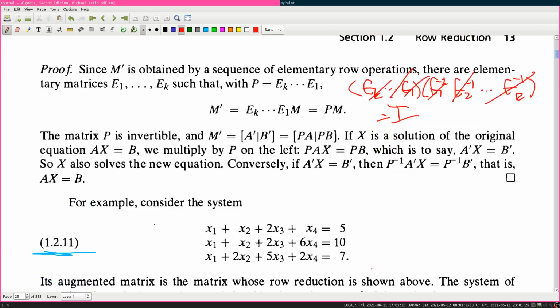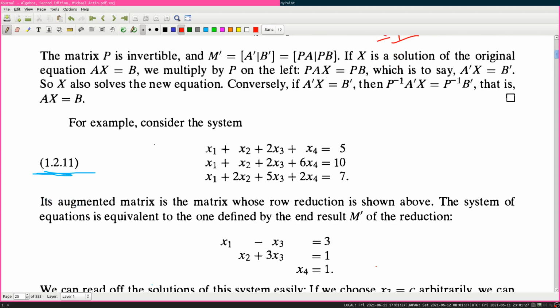For instance, consider the system x1 plus x2 plus 2x3 plus x4 equals 5, x1 plus x2 plus 2x3 plus 6x4 equals 10, x1 plus 2x2 plus 5x3 plus 2x4 equals 7. Its augmented matrix is the matrix whose row reduction